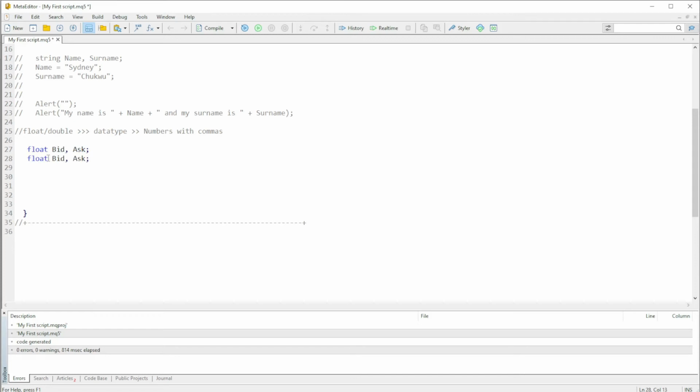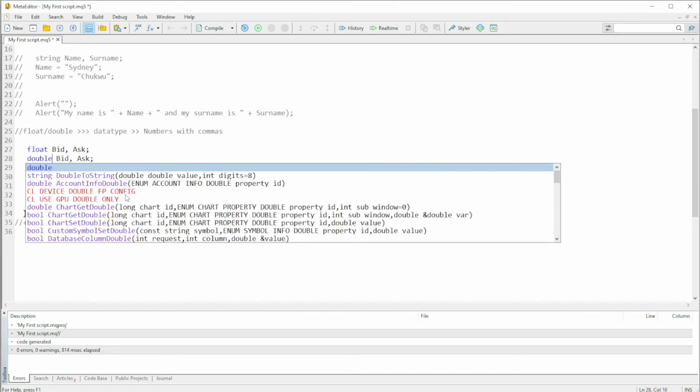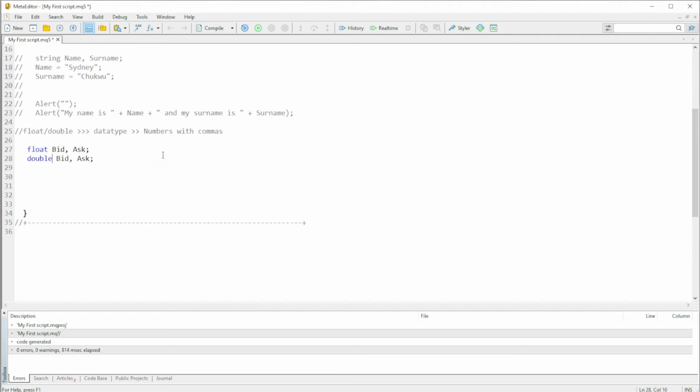So instead of this one being a float, let us name it double, data type double. Now I can't make them the same names, so let's say F bid, which is for float, F ask, and this is D bid, which is for double, and D ask. Since we've named our variables and we know the data types,